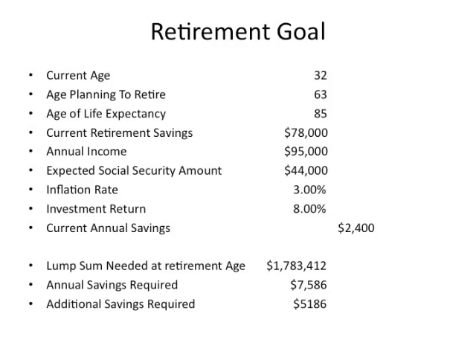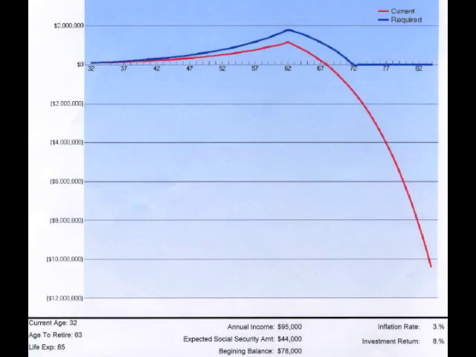And the annual savings is $7,500 when compared to your current annual savings would mean you would need a little over $5,000 more. And if you think back to that revised income and expense statement that we just did, you can see that we've covered these amounts with the increase in the 401k savings and the Roth IRA. And again, here is just a graph depicting that retirement savings plan out over time.